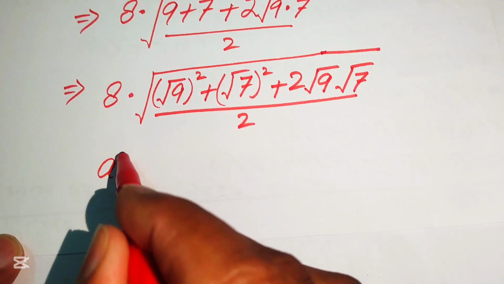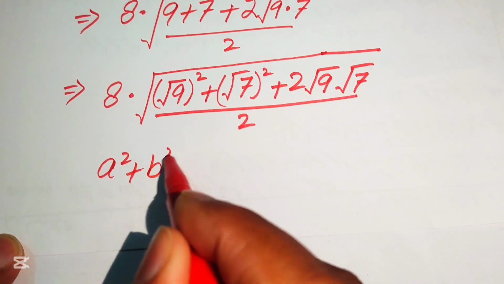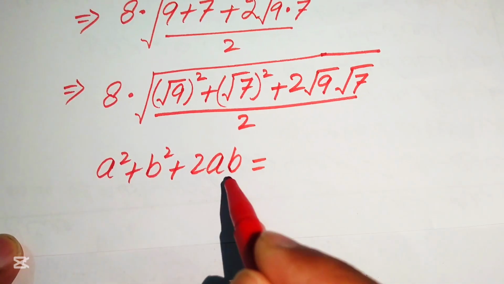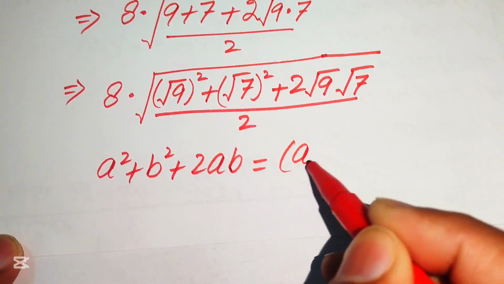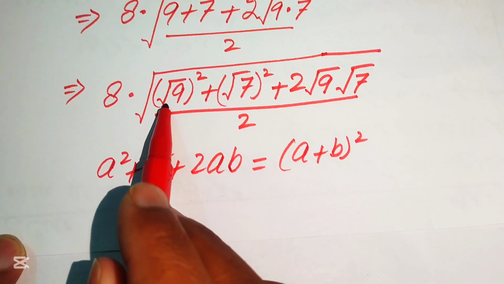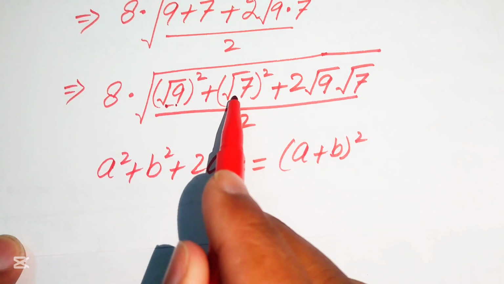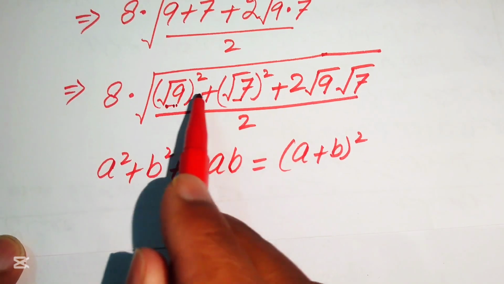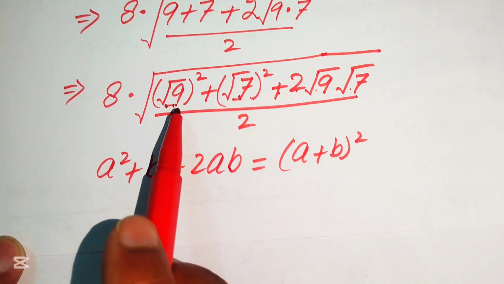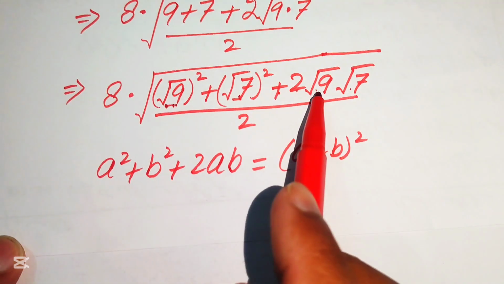You know that a square plus b square plus 2 times ab equals a plus b whole square. So you see that this is our a and this is our b. So here we have a square plus b square plus 2 times ab. So when we combine all of these terms,